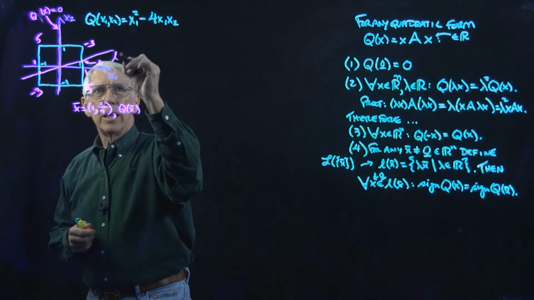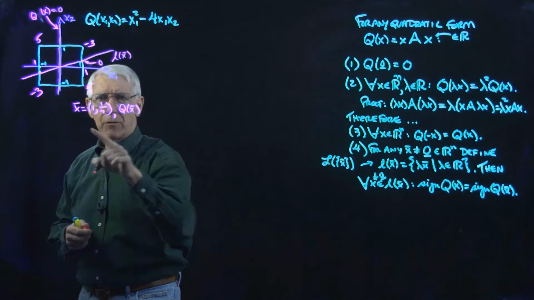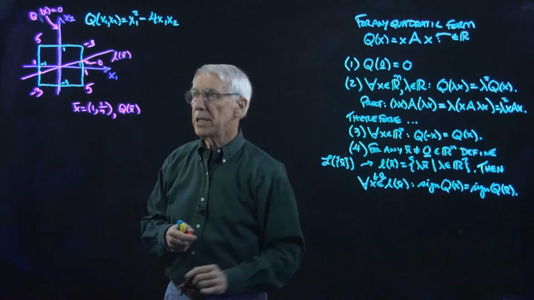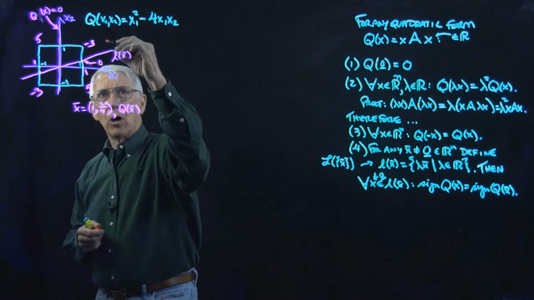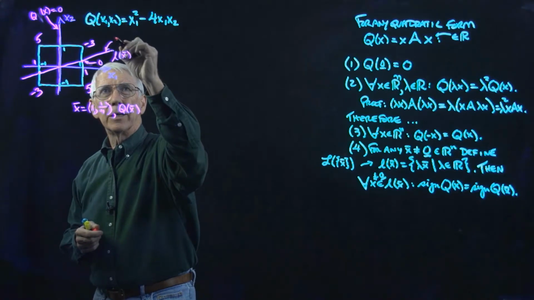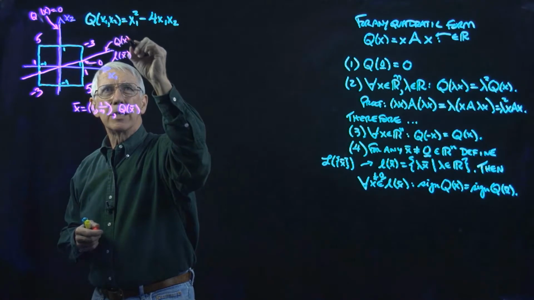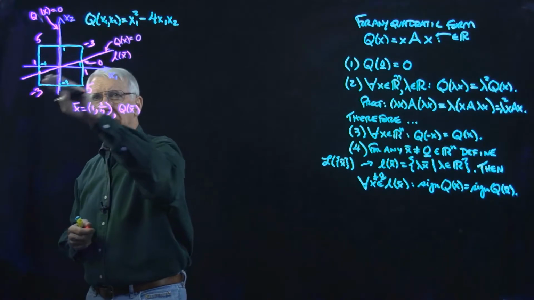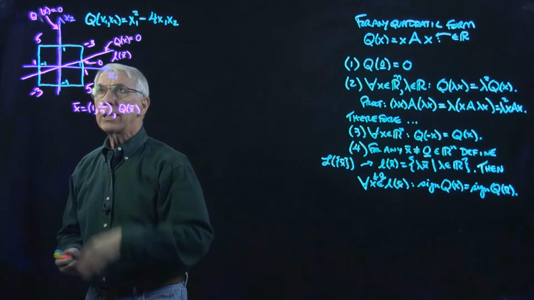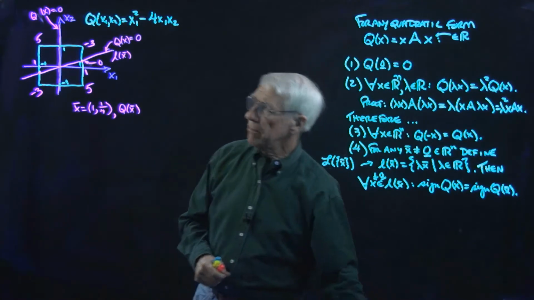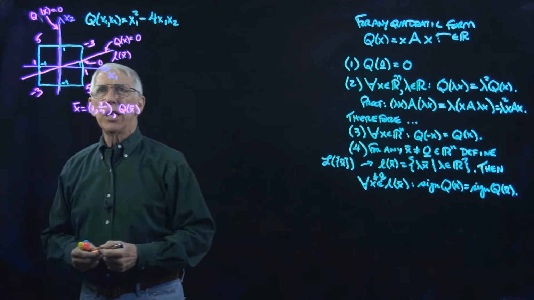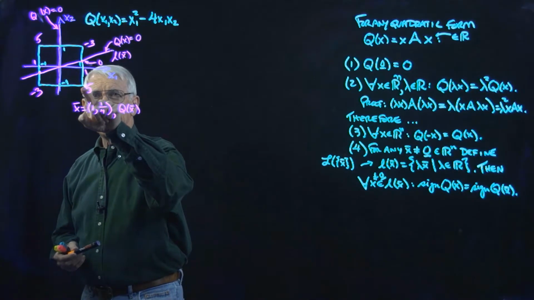This is L of x bar for that x bar, where L is this, and the value is 0 everywhere along here. So let's just write that over here. Q of x is 0 everywhere on this line, and q of x is 0 everywhere on this line, and q of x is positive down here, and,